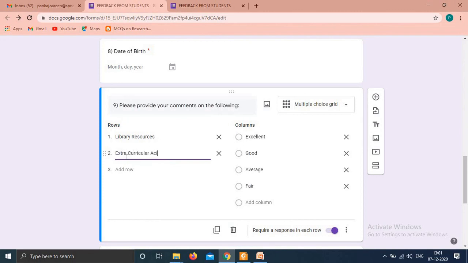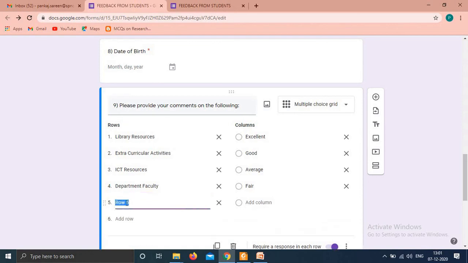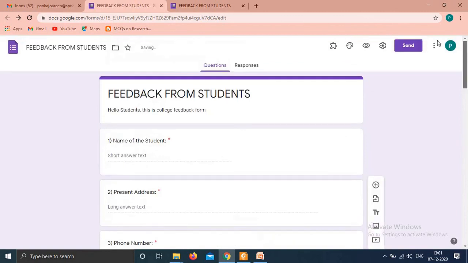You can create any option. ICT, resources, department, faculty. Fine. So now see its preview.